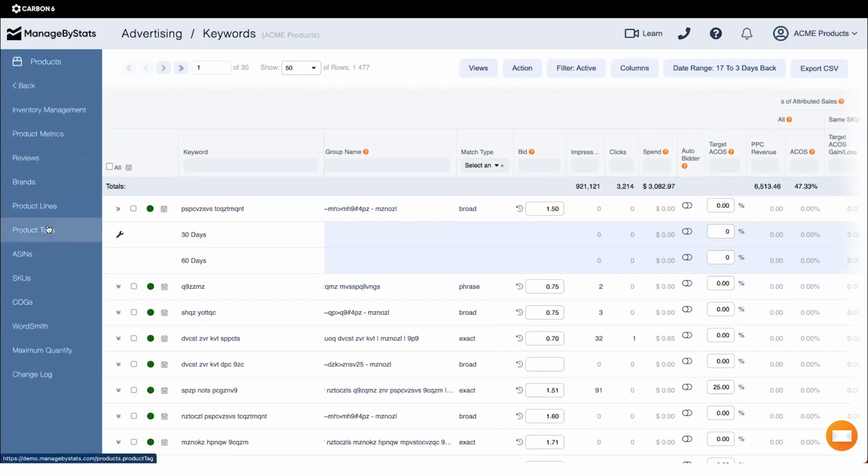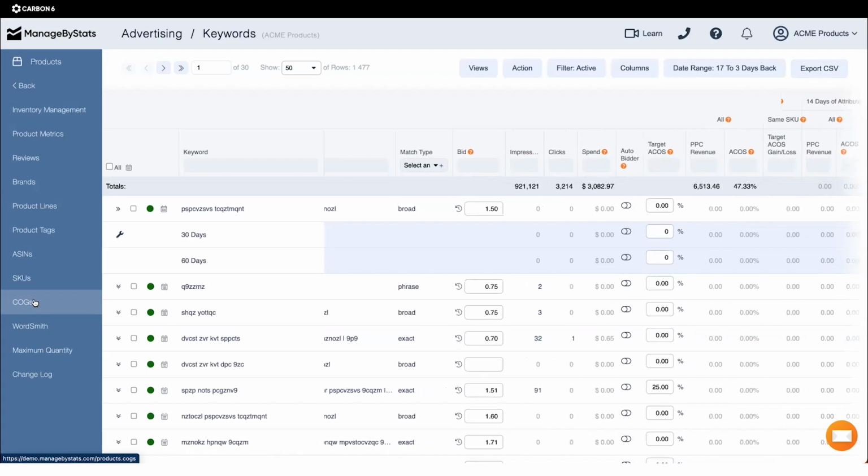Our products, this is mainly a very simple inventory management system in here, so that for the newer seller or the intermediate seller, they can use this to make sure that they're keeping everything in stock. This is where we pull in all of your brands. It's where you create your product groupings for our system to think with. And if you want to enter your cost of goods, you enter them here so that our system will show you your profit numbers, taking those COGS into account.